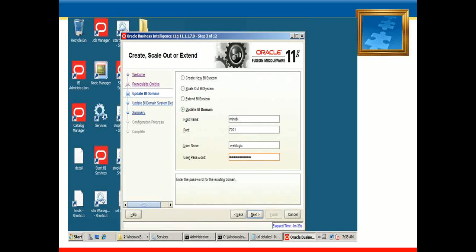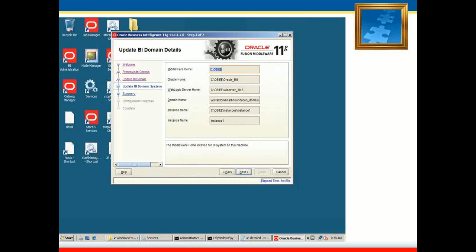So here we just have to give the details for this, that means the host name, the port number, and the username and the password. All details need to be given here, and then we click on next, and